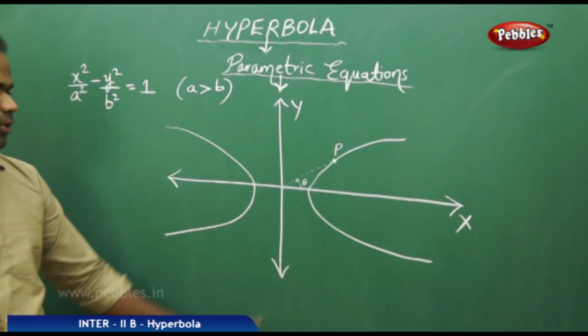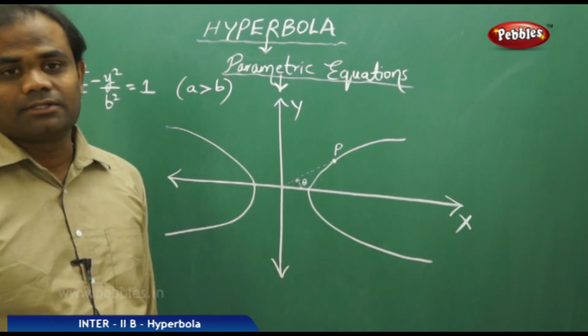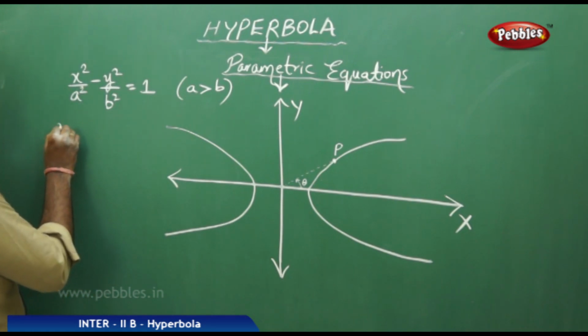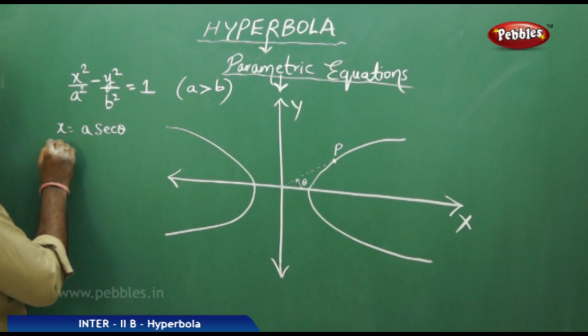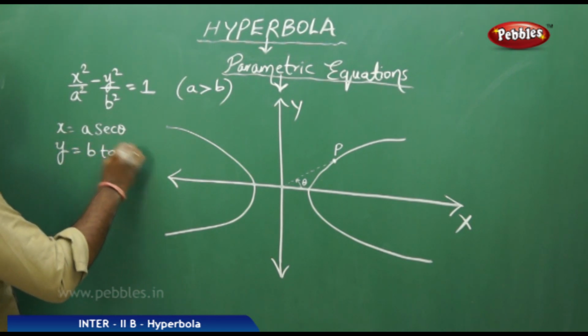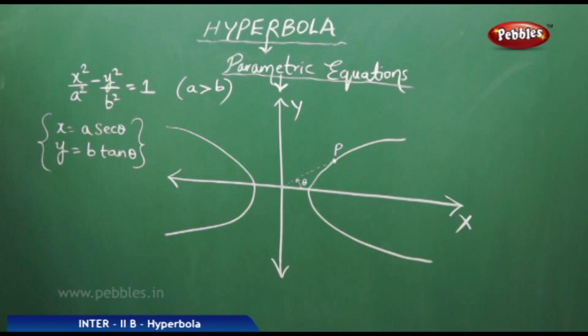Then this point P is said to have x and y coordinates connected with angle theta and with a and b, because if I have x equals a secant theta and y equals b tan theta,